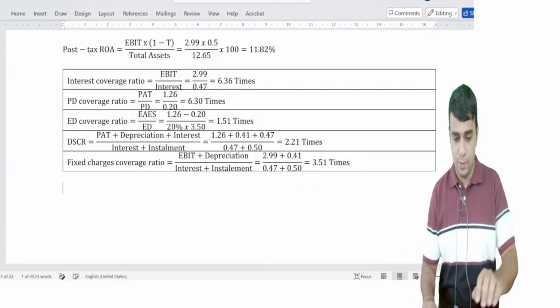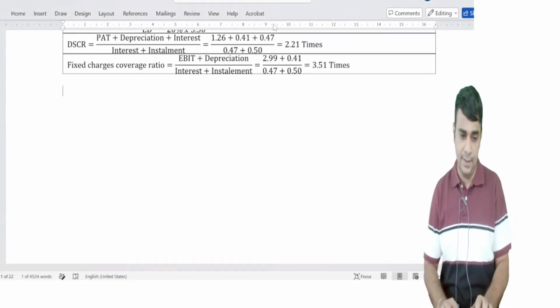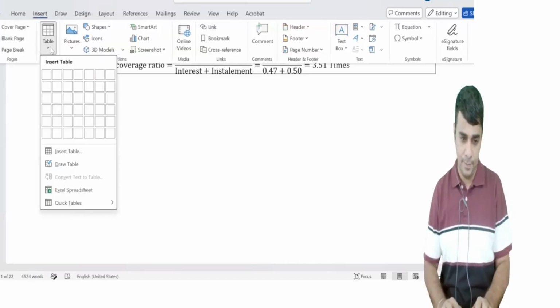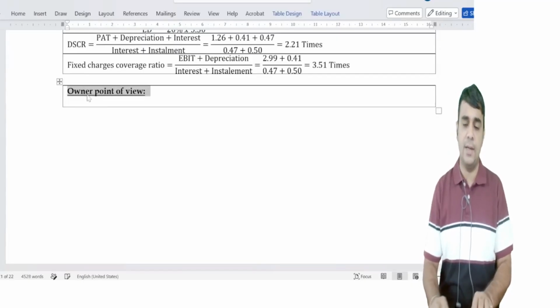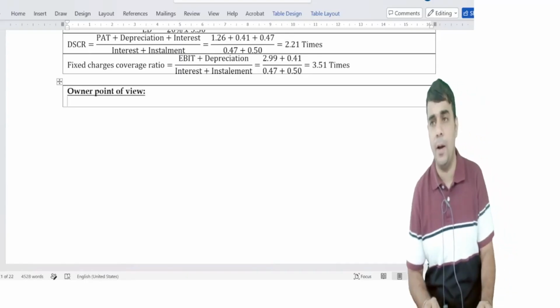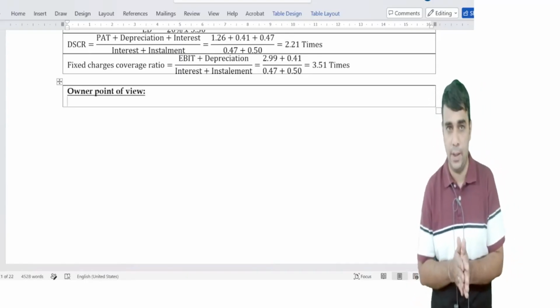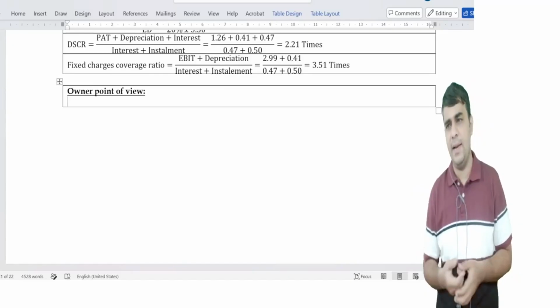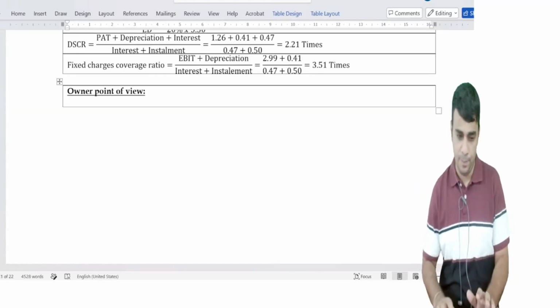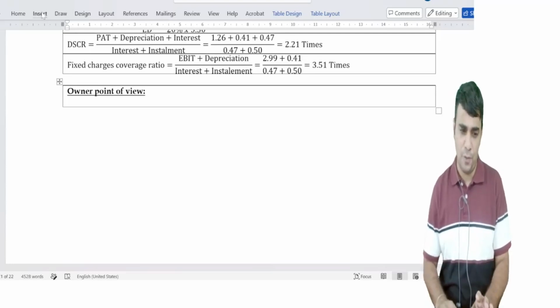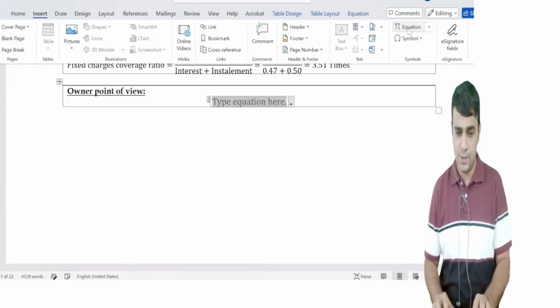Okay, so the 6th category, owner point of view. Some ratios we calculate from the owner's point of view. Owner predominantly would be the equity shareholder here. I can calculate from others' point of view also, but mostly we are calculating from the equity shareholder point of view. We calculate 4 ratios, all the 4 you are aware of. One is called